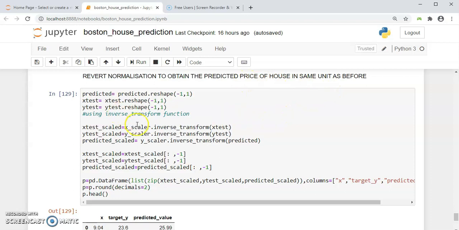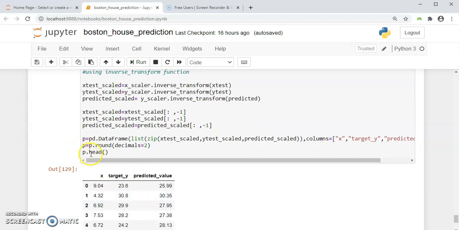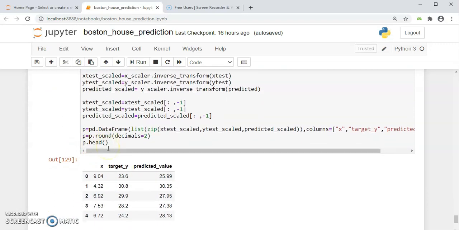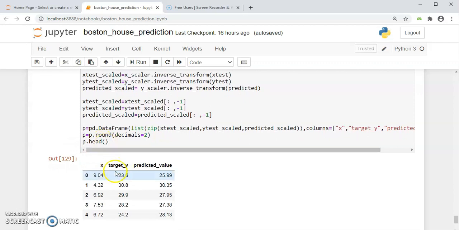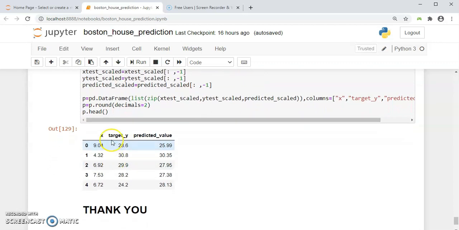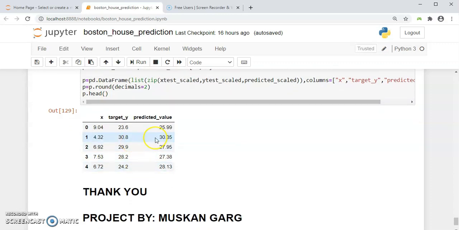And to do so, I am using the inverse_transform sklearn function. Now, df.head is a function of Pandas which is going to give you the first 5 values by default, as we have not given it any parameter, of the data frame for us. And you can see the predicted value is now in the same unit.